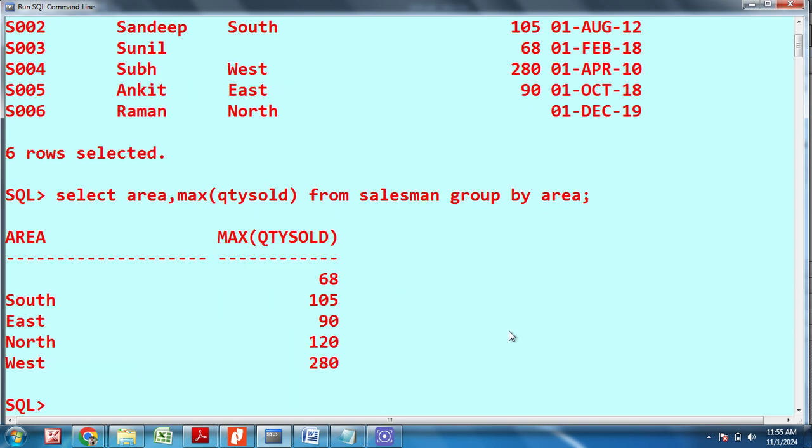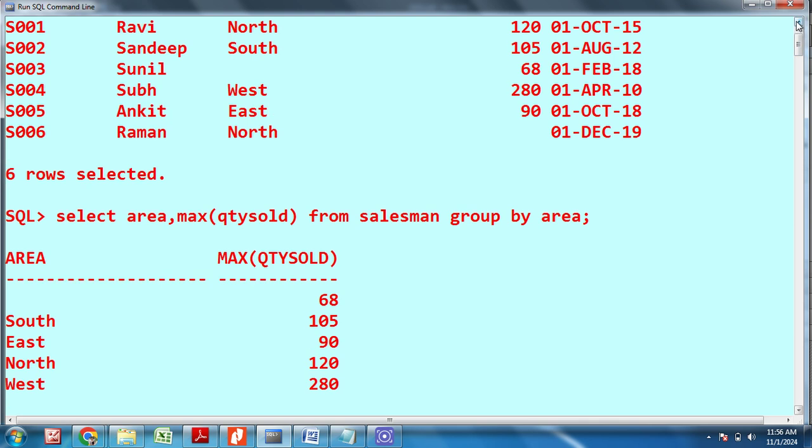This will give me an output that south has maximum quantity sold 105, east has 90, in north area maximum quantity sold is 120, in west maximum quantity sold is 280. So this is my output.